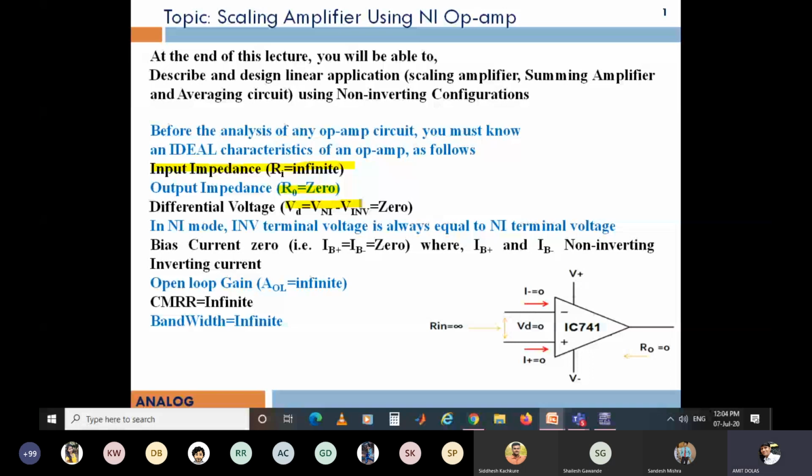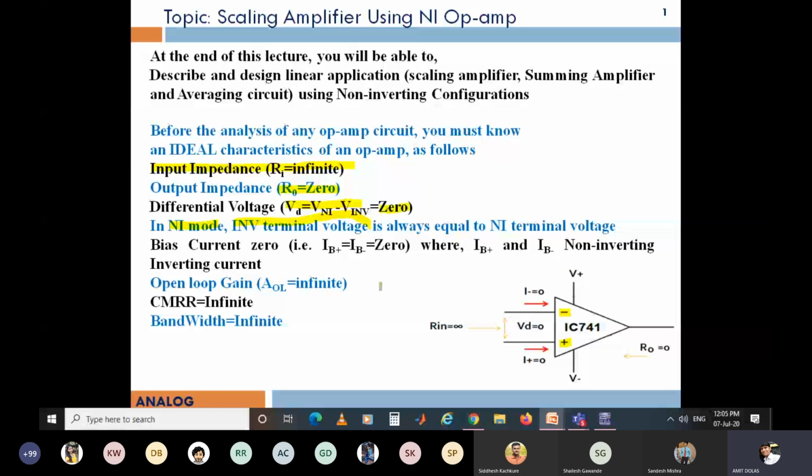Yesterday we have seen inverting mode, but today we are looking at non-inverting mode. In non-inverting mode, the inverting terminal voltage is always equal to the non-inverting terminal voltage. Means if my non-inverting terminal voltage, that is the plus sign here, is suppose Vin, say 5 volt, the inverting terminal voltage is similar, that is equal to 5 volt. In the previous inverting example, it was 0 at both terminals, but right now in non-inverting mode, whatever the non-inverting voltage is will be the inverting voltage.